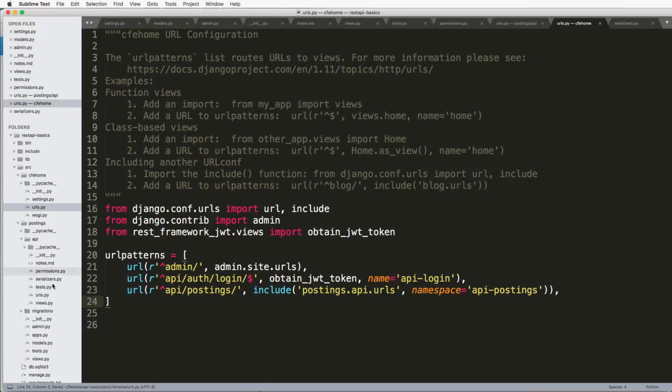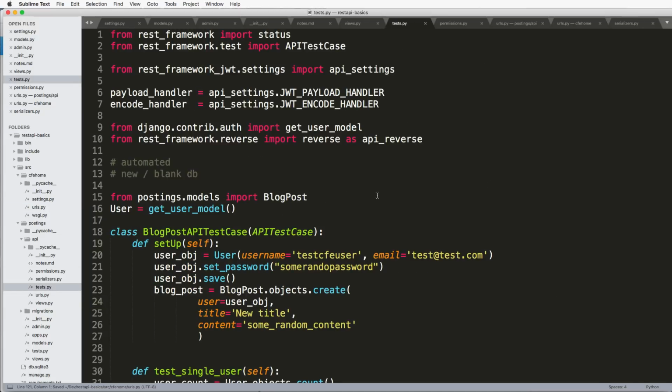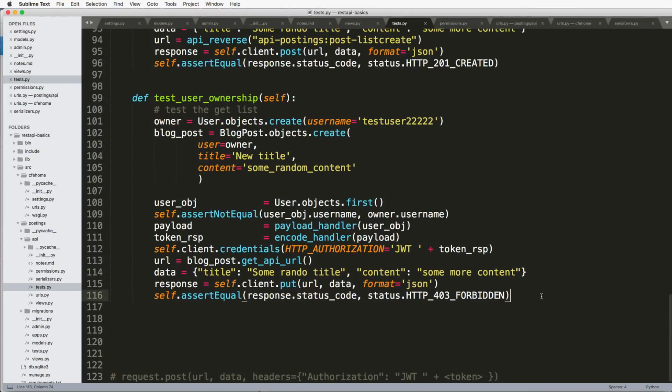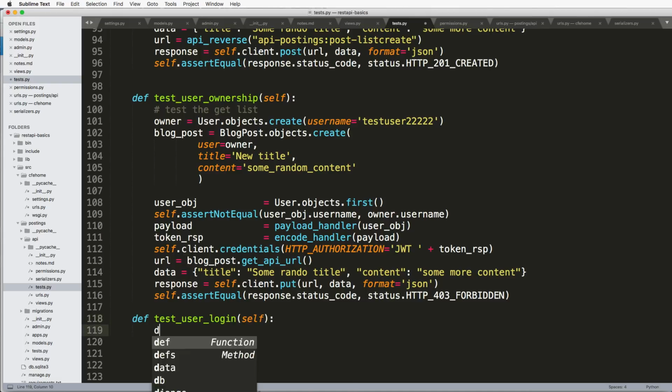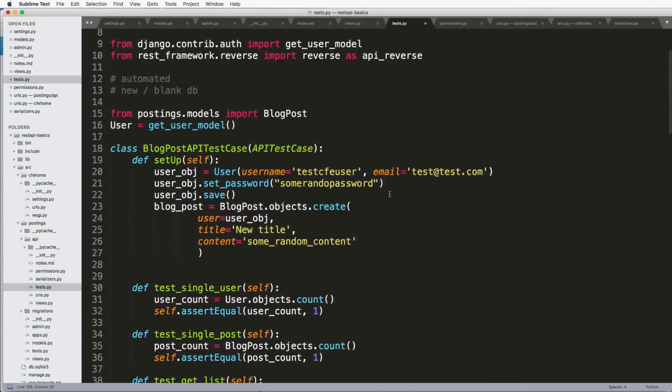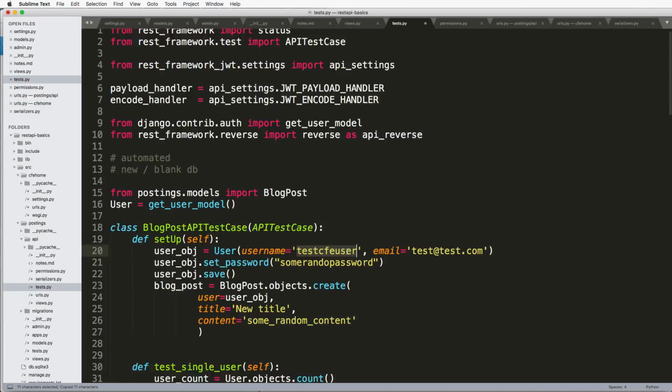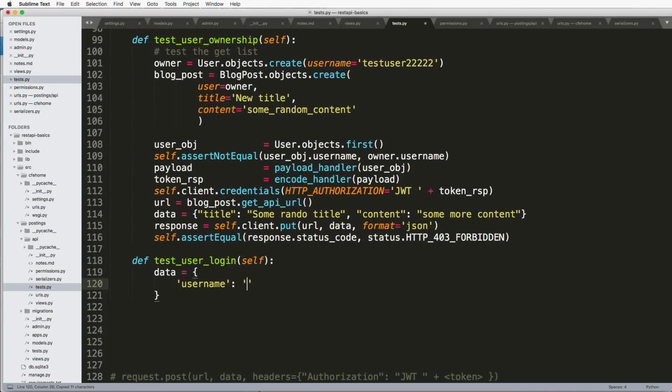How do we test this? Hopefully you have some idea. We have API reverse here, so I'm just going to go ahead and come down to the very bottom and do define test user login self, and what's the data going to be? Well, it's going to be the username, and the username in this case is our test CFE user. So we'll do that. And then our password,